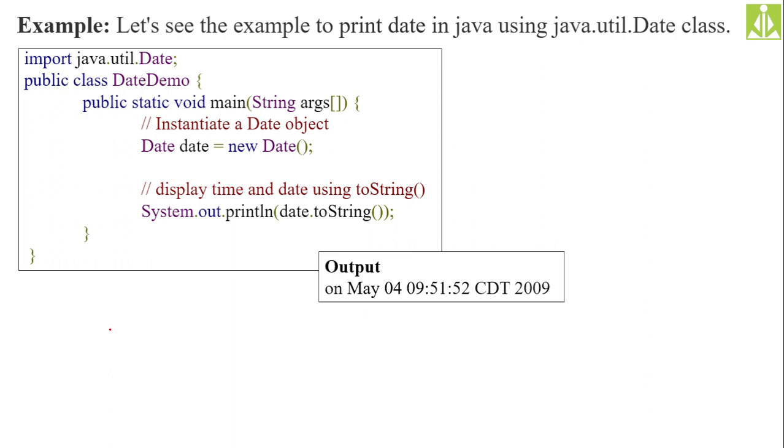So the toString method, this toString method is available not only inside your object class but also inside the date class. The toString method which is available inside the date class can directly convert this date into a string, so that we get that date in the form of a string on the output screen. Okay, so I have copied this from somewhere else, so we are getting something else over here, the date. What we will get in our current system, that when we do it we will understand. So simply I'm demonstrating this date class.